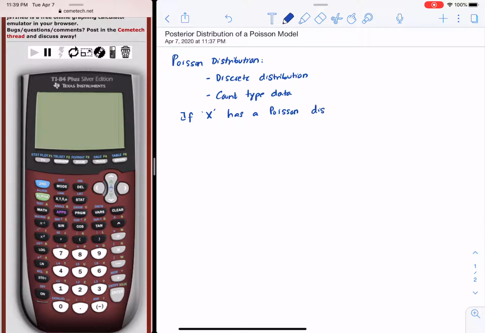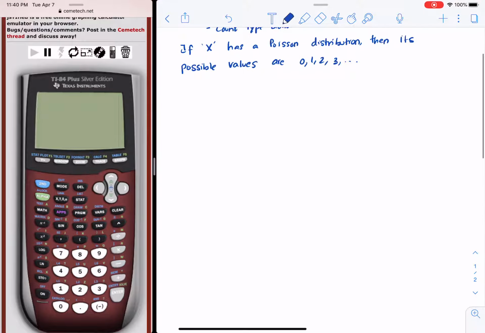If the random variable x has a Poisson distribution, then its possible values are 0, 1, 2, 3, all the way up to infinity. So let's take an example. But before we get to the example, the density